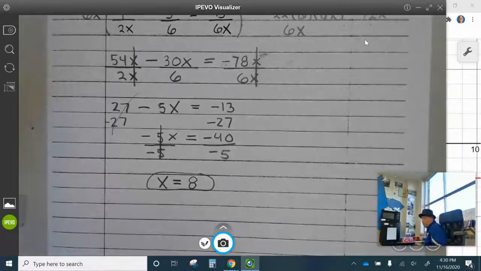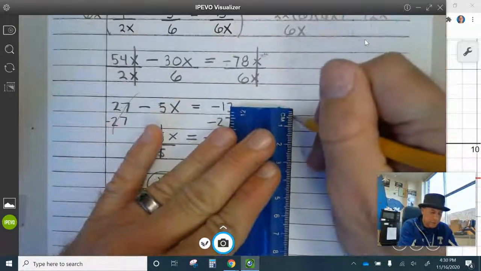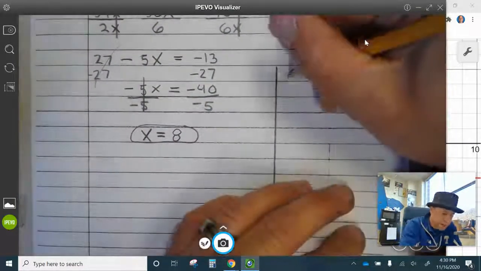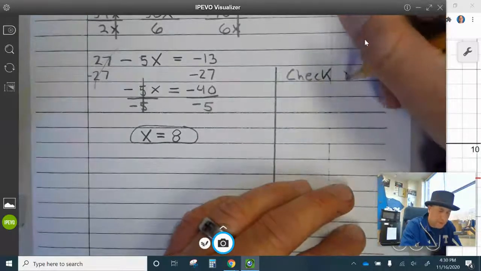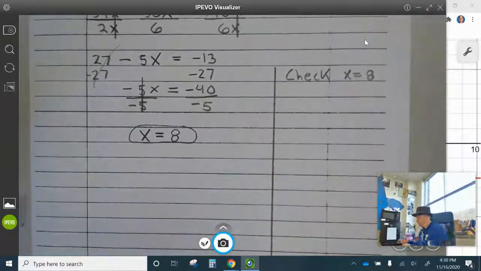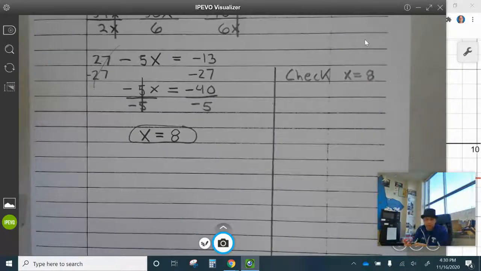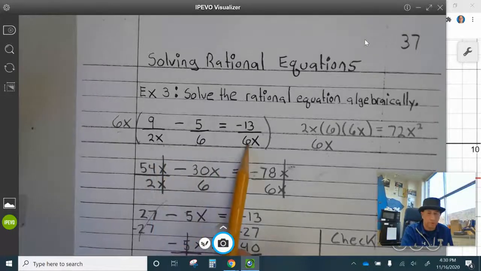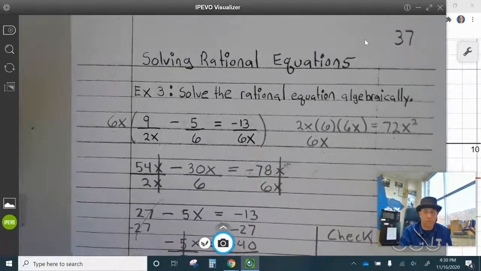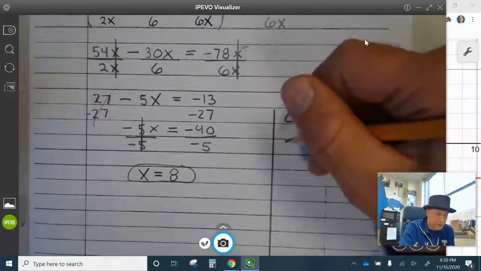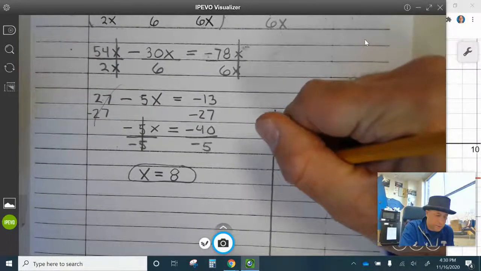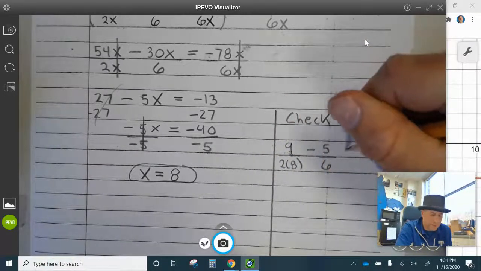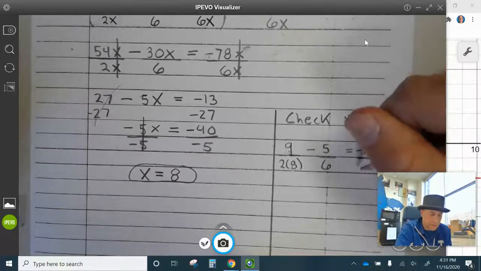But you always want to check to make sure that's a valid solution. So we're going to come over here. Let's check x equals 8. What I mean by check is you're going to plug 8 back into the original equation, and the left side should equal the right side. If it doesn't, then x equals 8 is an extraneous solution. So that's 9 divided by 2 times 8 minus 5 divided by 6 equals negative 13 divided by 6